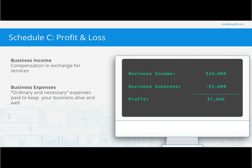So the next number would be your profit. Your income minus your expenses is going to give you either your profit or loss. And the reason it's so important to find your income after subtracting your expenses from your income is because when you pay taxes, you're only paying taxes on your profit. So if you were to pay taxes on that $10,000, you'd be paying taxes on a much higher amount of